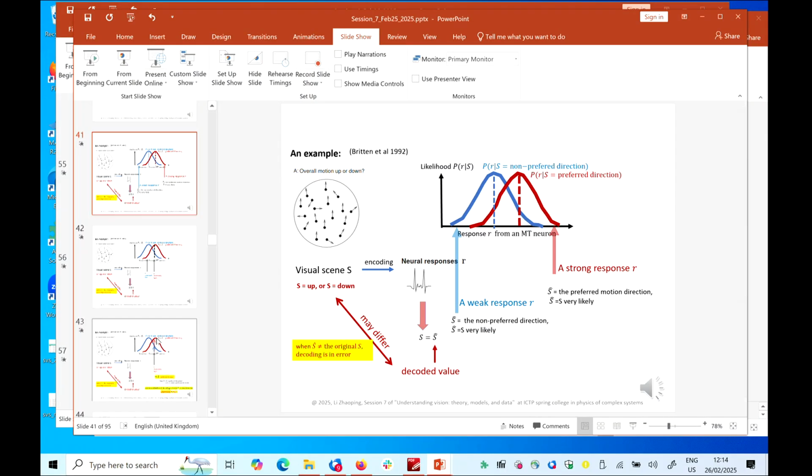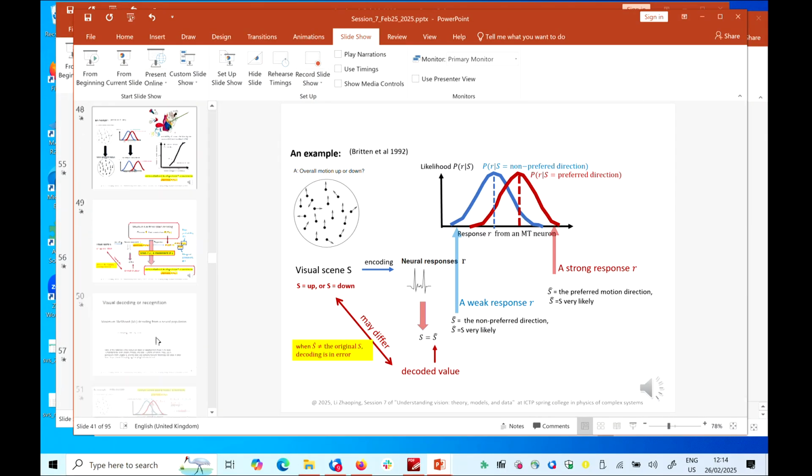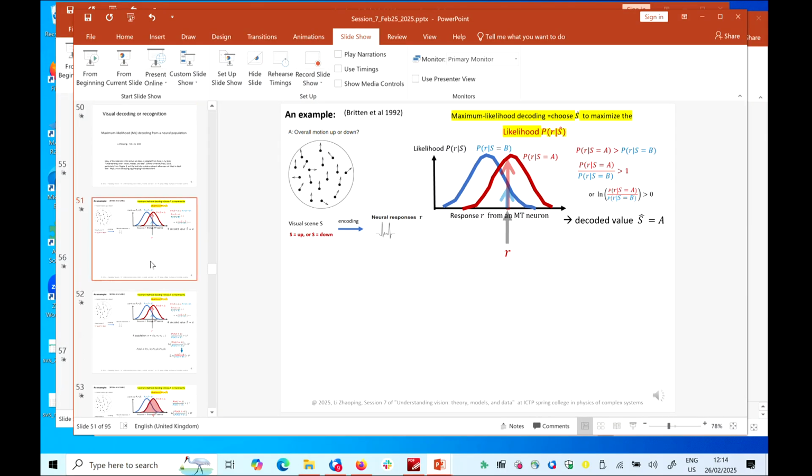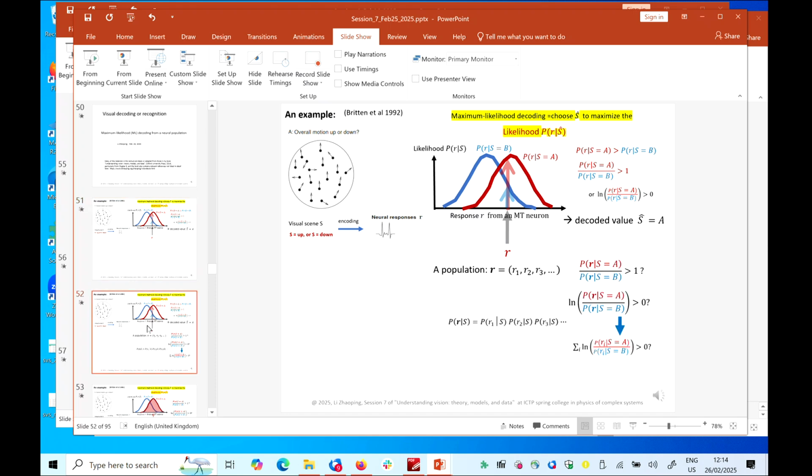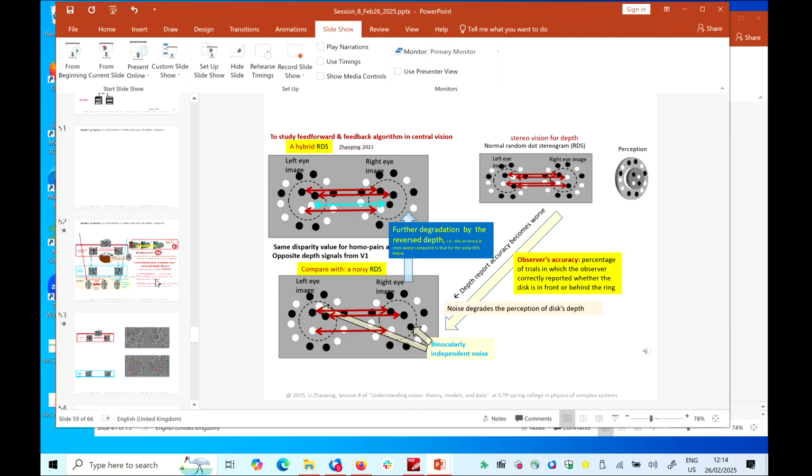You can also have a population of many neurons. Yeah. Population 1, 2, 3, 4. One neuron says this, one neuron says that. What can you do? Okay. And so therefore, you can imagine in our situation, we have,